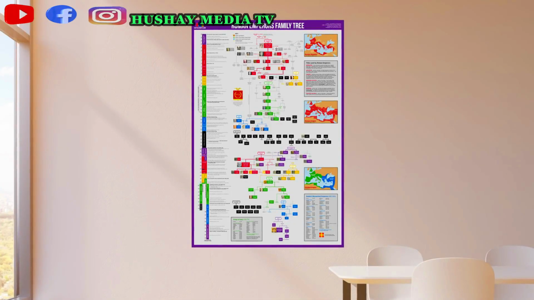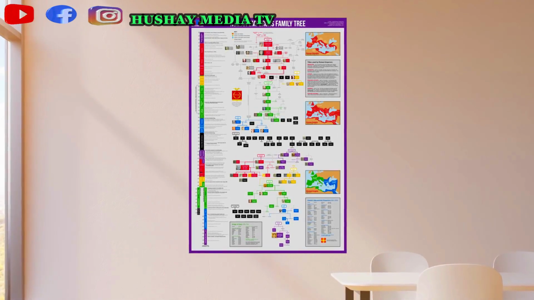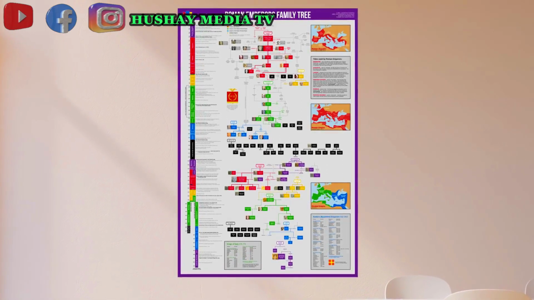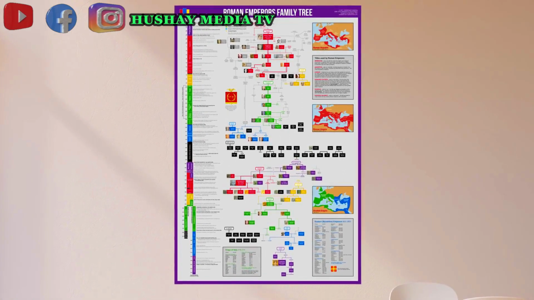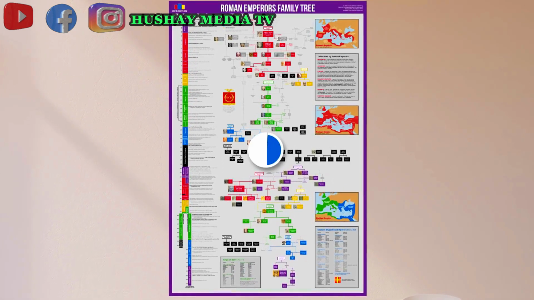Today I'm going to show you the family tree of Roman emperors. I'll be starting with the first Roman emperor, Augustus, and going all the way down to the 6th century emperor, Justinian the Great. I'll be using my Roman emperors family tree chart, which is available as a poster from my